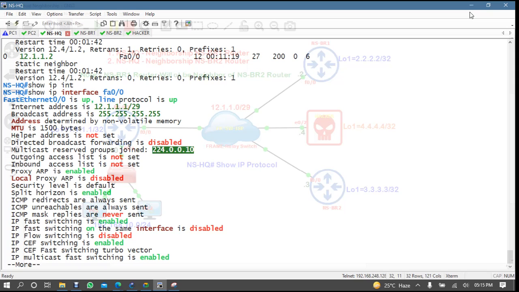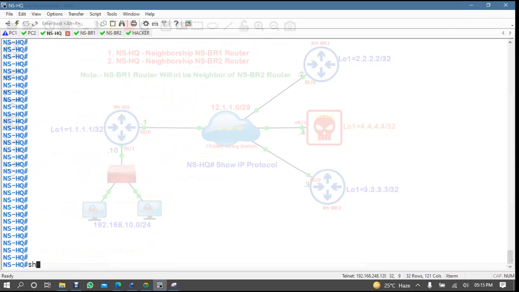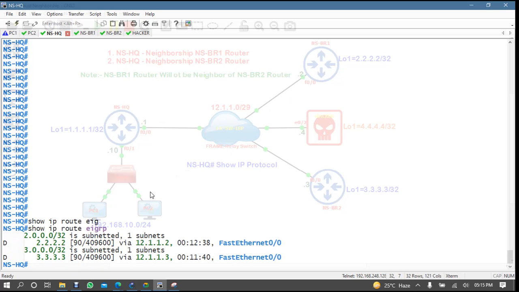Let me show. But this is technical, and you have to understand it. If I come to the headquarter router and type IP route EIGRP, see here, the headquarter router is getting updates from branch 1 and branch 2, right?